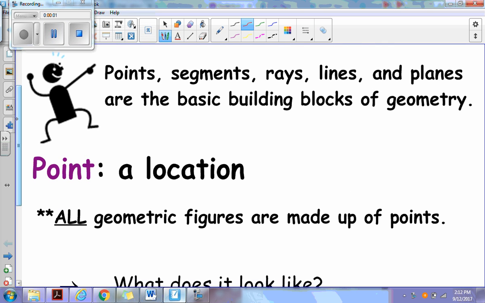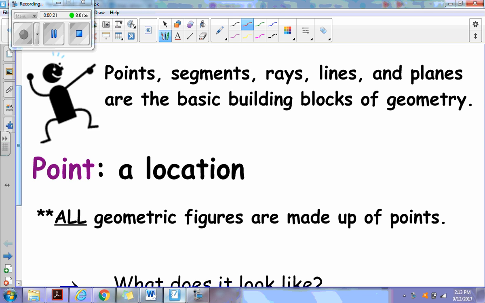We got our first lesson going today, and basically all we're going to talk about is what are the basic parts of geometry. Okay? Specifically, points, lines, and planes. And they're going to make up everything we do in geometry. And it's going to make up all our different shapes, it's going to make up our angles,